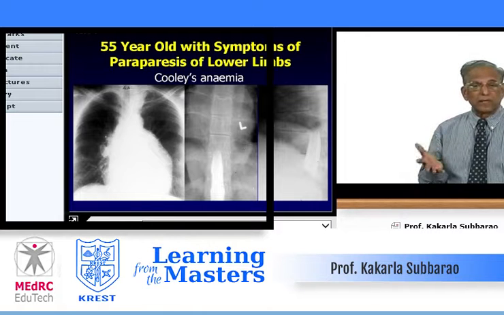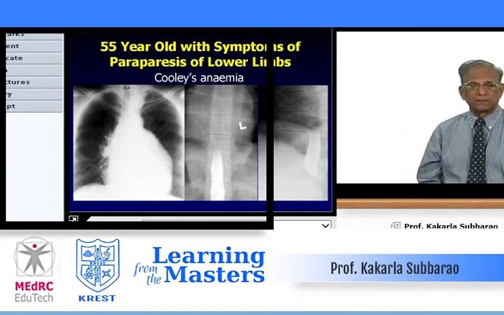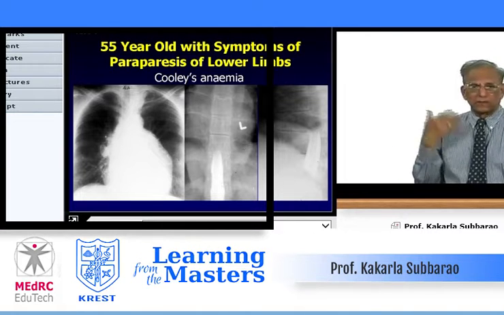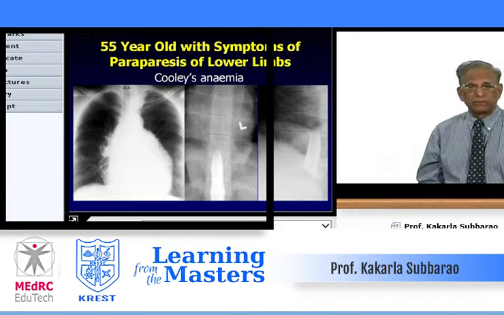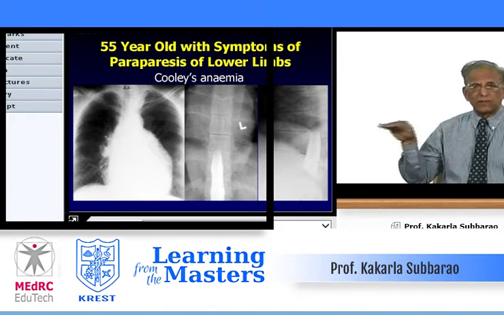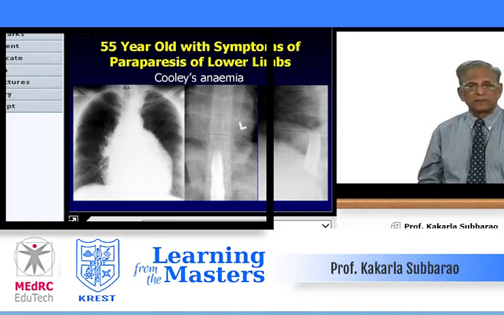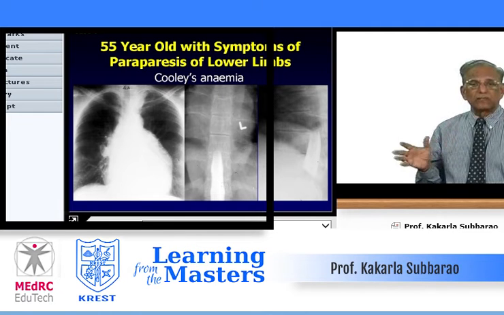And then because he came with paraparesis of the lower limbs, they did a myelogram. Today nobody does a myelogram because it's all CT myelogram or even better MRI. You can see the bones, the ligaments, the soft tissues and the spinal cord. And in a myelogram, there is definite obstruction, clear-cut obstruction. This is the mass behind the heart, retrocardiac mass, extramedullary hemopoiesis, posterior mediastinal mass.